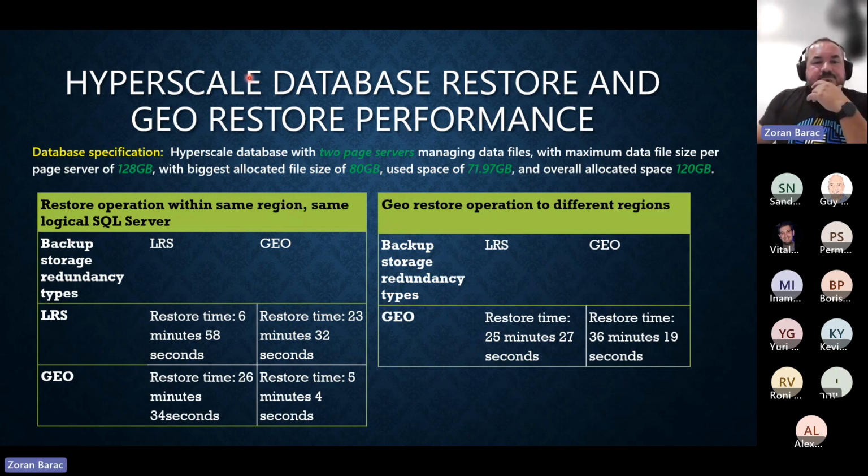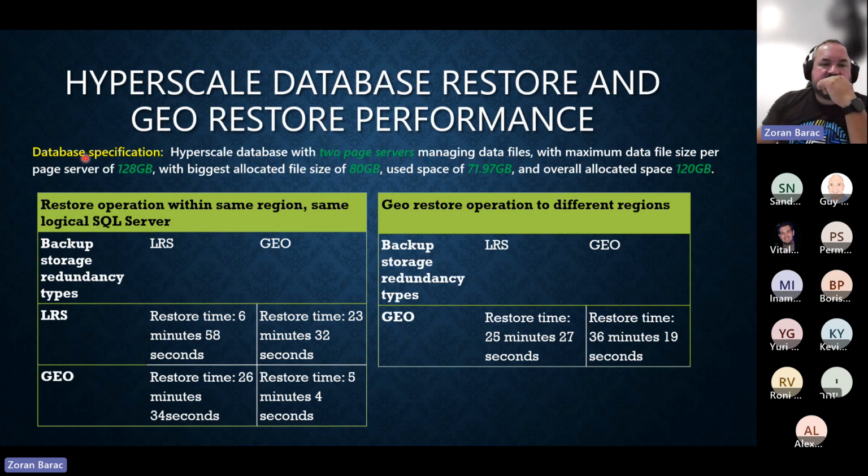This is the part I always want to address. When they're promoting Hyperscale, Microsoft usually says constant time. It is a constant time, but it just means it's constant for that particular size. For a different size, that constant time is obviously going to change, but they guarantee it's going to be similar every time. It is not, but I'm going to show you in this example.